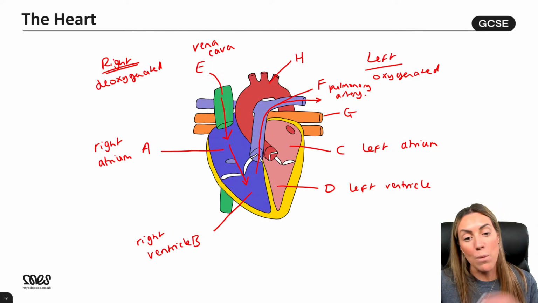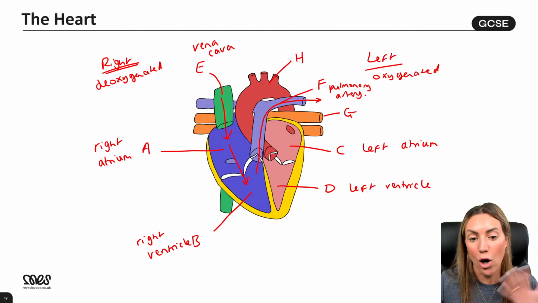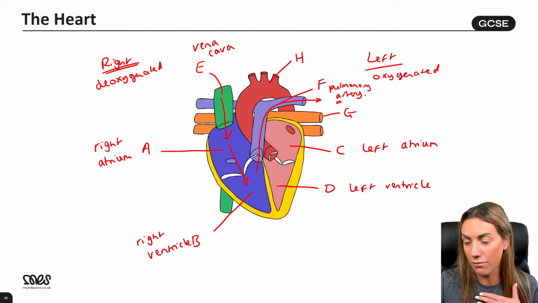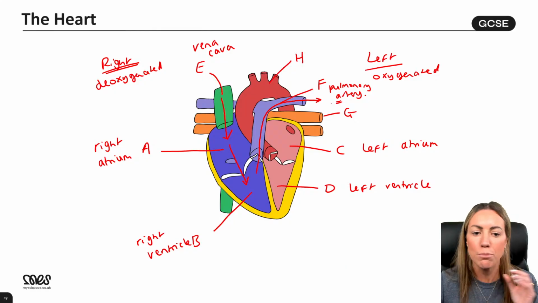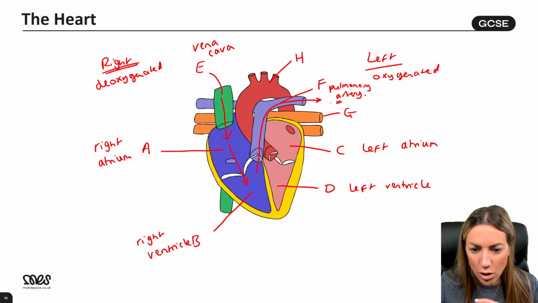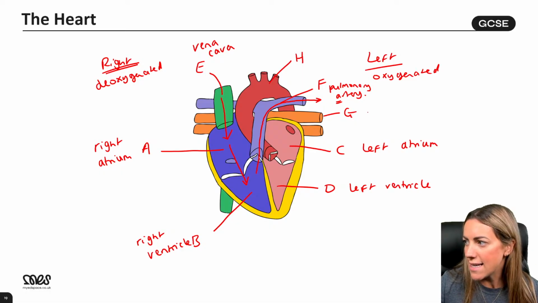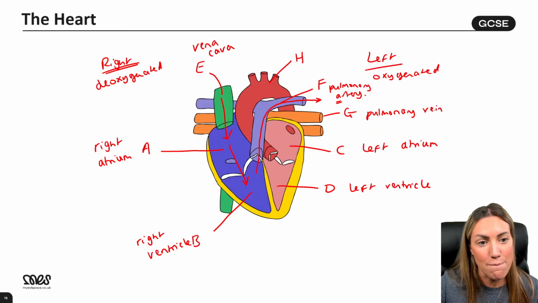Well done. And we remember that. It's really easy to remember. All arteries go away from the heart, okay? Artery starts with an A, away starts with an A, arteries go away, and it's got to be the pulmonary artery because it's taking blood to the lungs, right? Anytime you see pulmonary, it's relating to the lungs. So G is the pulmonary vein. Again, easy to remember that.